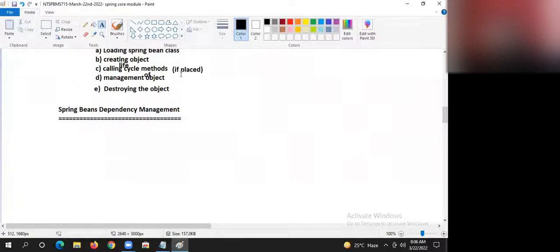Right, boss. Lots of people think that in Servlet fixed life cycle methods are there, so in Spring also fixed life cycle methods are there. No. What methods you want to treat as life cycle methods, you have to explicitly tell. Why, sir? Any class can become a Spring Bean, right? When any class can become a Spring Bean, is there any question of having fixed methods? Is there any possibility of having fixed methods? Are you understanding my statement? Okay, guys.